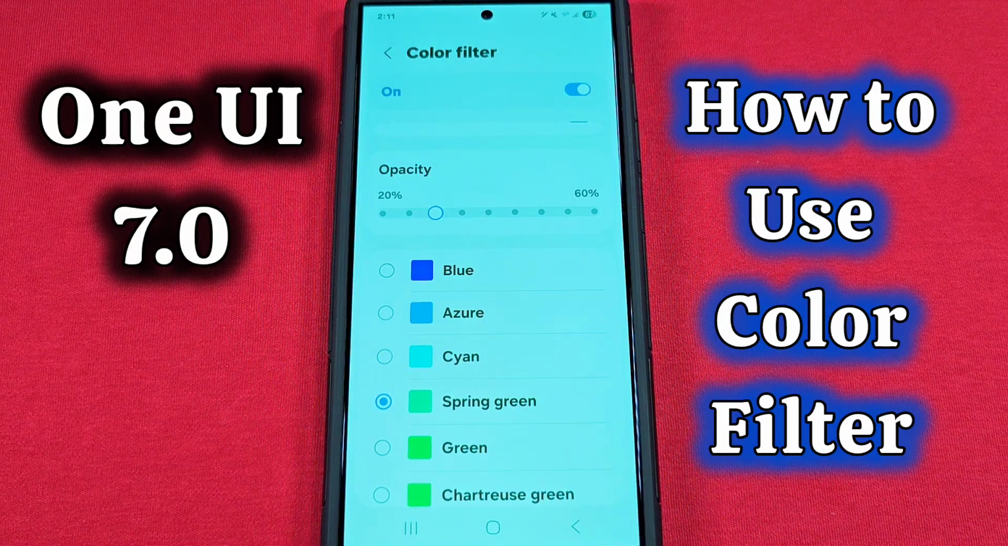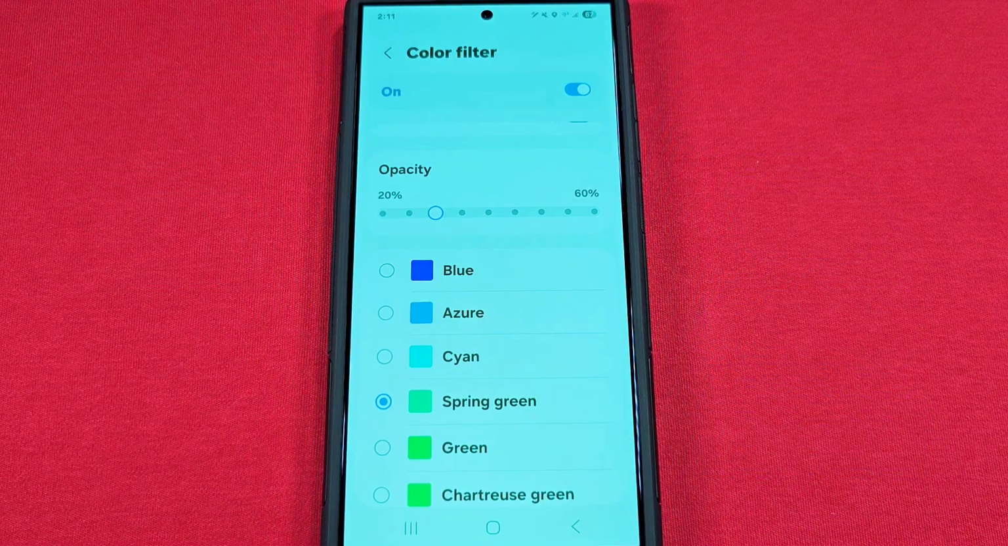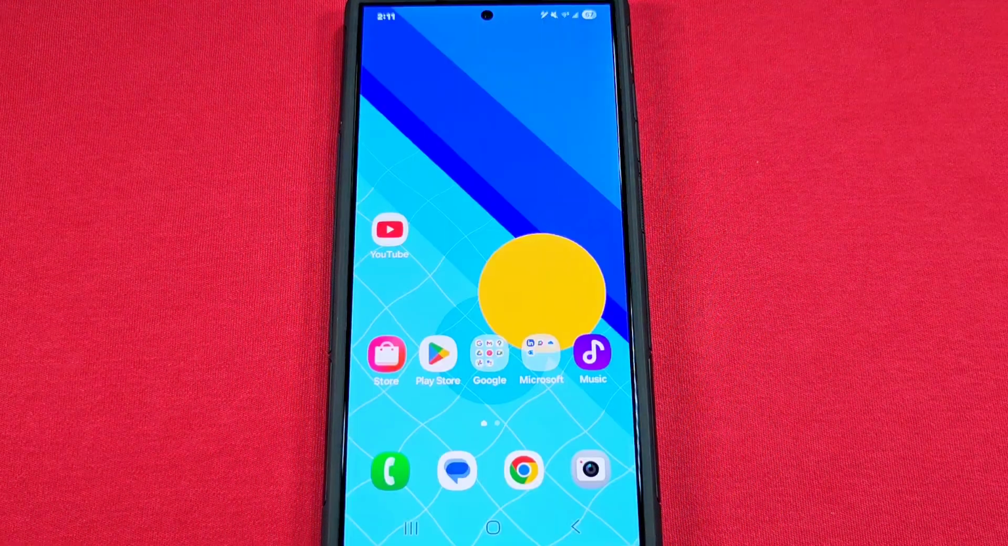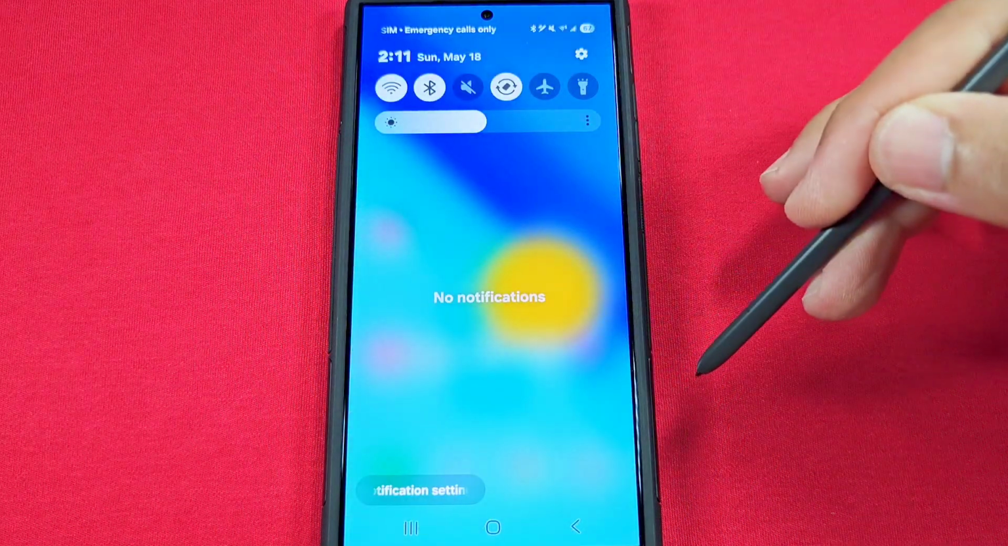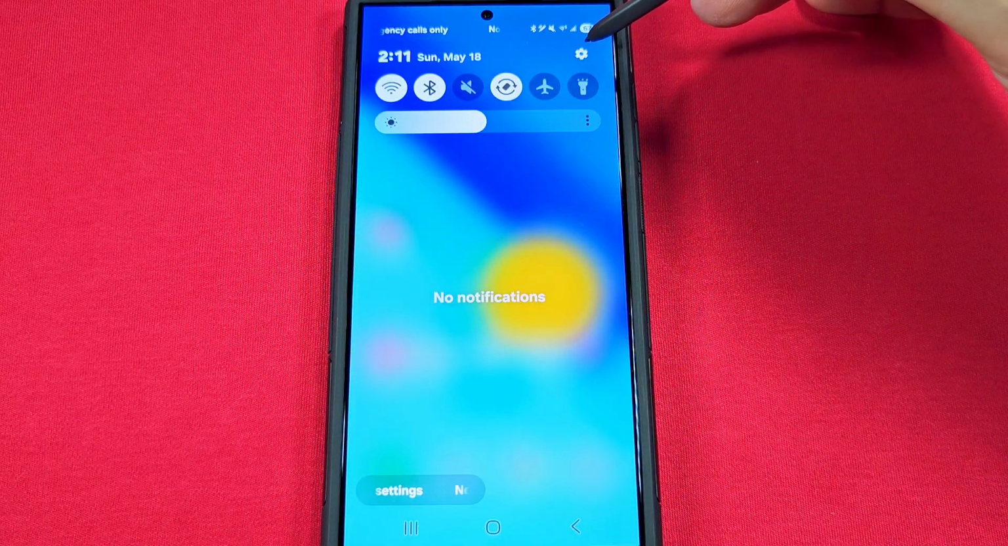Where to find the color filter tool, which is part of the accessibility settings found on your Samsung phone with One UI 7.0. Not all Samsung phones will have this color filter tool, but if it does, you will find it and it's known as color filter. So go ahead and pull down the quick access as you would always do and go into the settings toggle